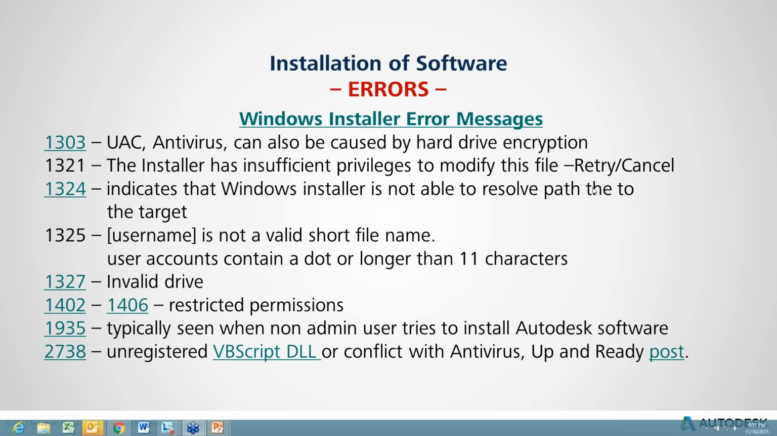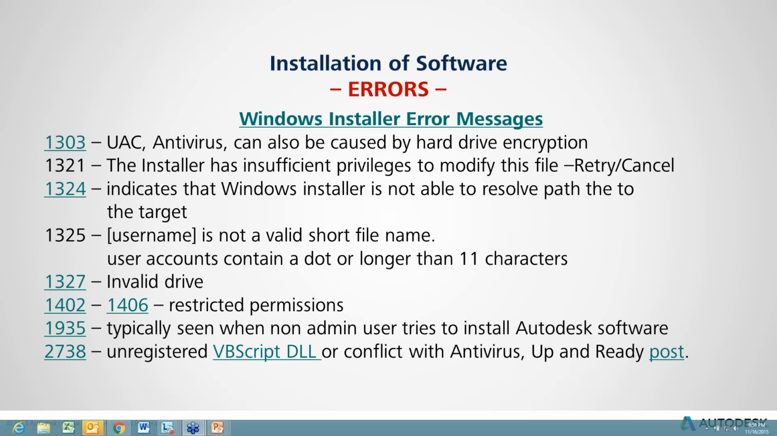So what are the most common error messages that you encounter with the Autodesk software? Well, there are several. Most of them are Windows installation errors. Like 1303. That can be user account control settings or antivirus. 1321, you don't have permissions to write to the registry. 1324, that more likely is because you have roaming profiles. You have the user profile pointing to a mapped drive. The same thing with 1325. The Autodesk software does not support roaming profiles